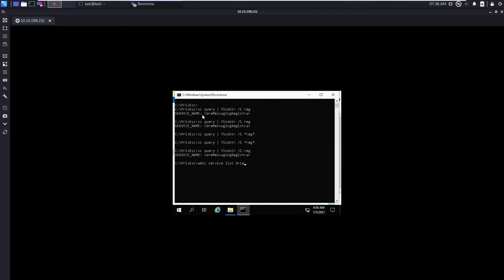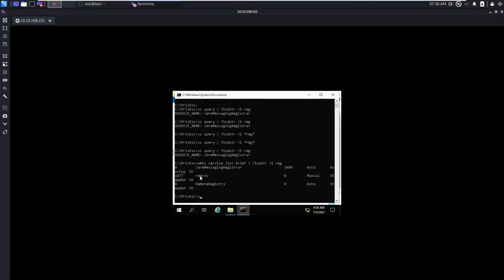This will give you all the services in a brief view. Okay, there you go. I don't know why this sc query did not work. Now you can see with WMIC we have found the registry service. So this is the registry service running on the machine.